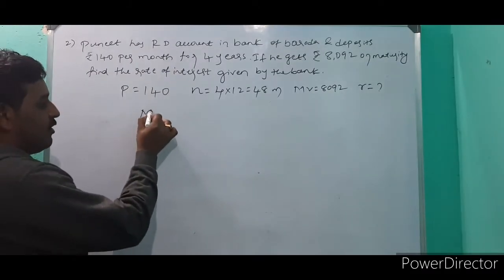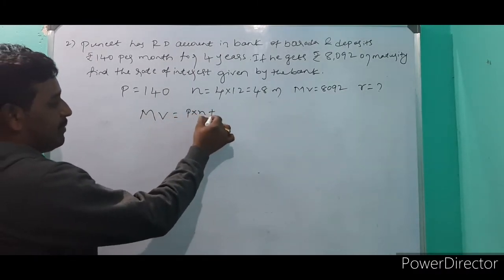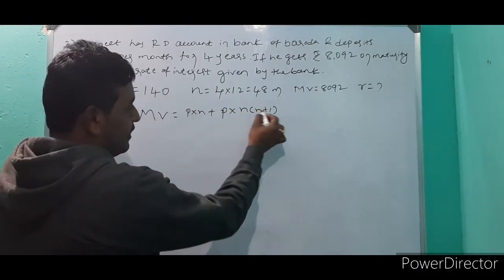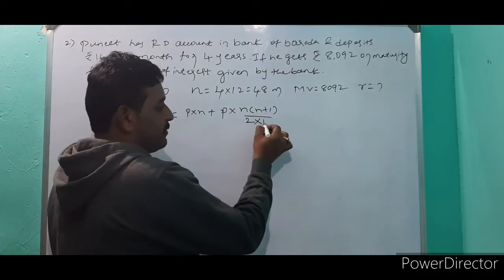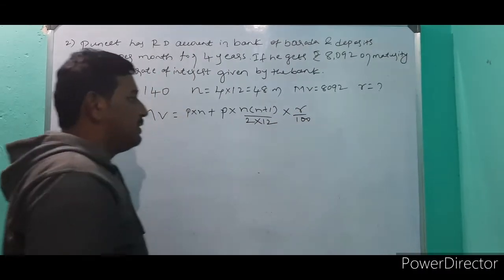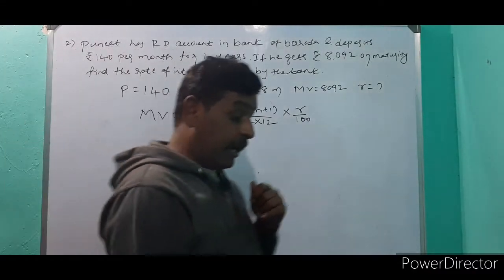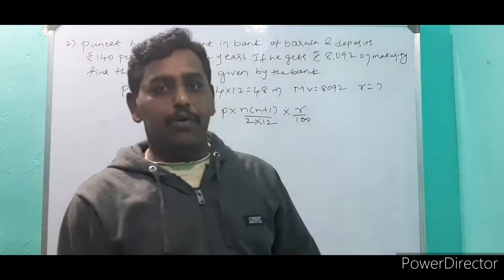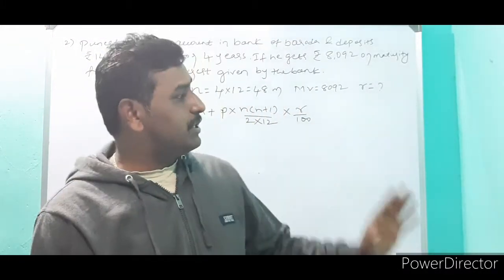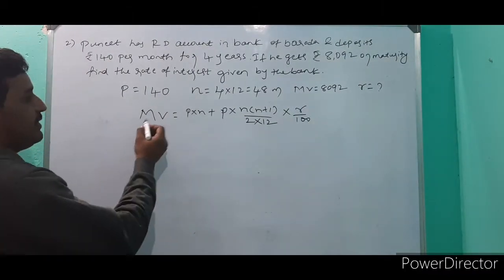You know what is the formula for finding maturity value? P into N plus P into N into N plus 1 divided by 2 into 12 into R divided by 100. So the formula is clear. I tell you one thing, if you go online or to any question, they are confusing your answers. So you can directly apply the formula and find out the answers very easily. Here maturity value is